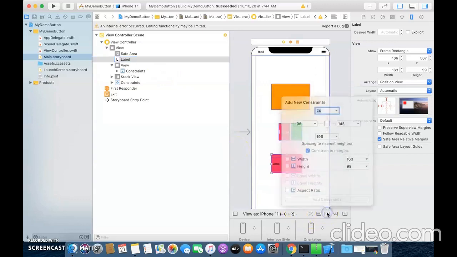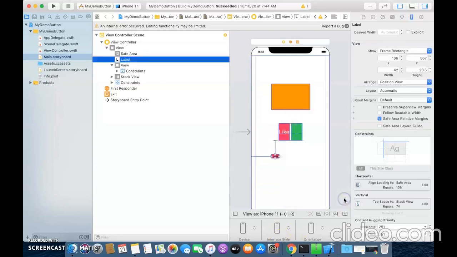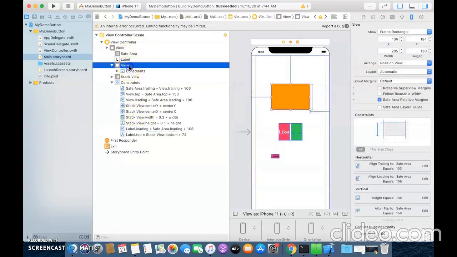We will do the same thing that we did for a UI view. I will provide a leading and a top constraint. I will add 2 constraints. Leading it is taking from the stack view, so it's okay. But now let me see, I have provided a leading and it is showing priority, multiplier, constant and leading.